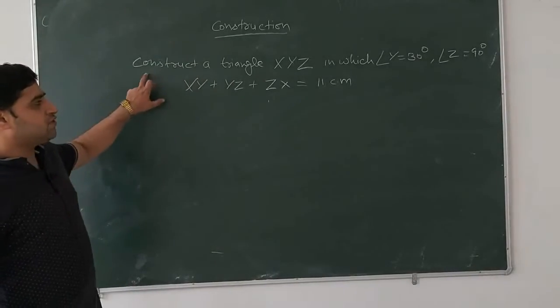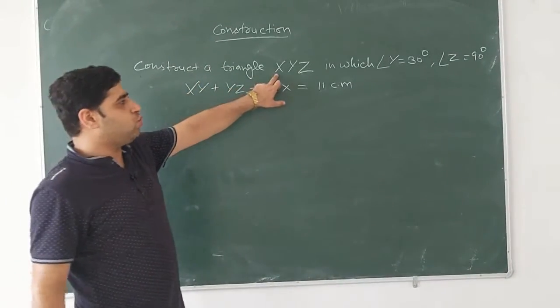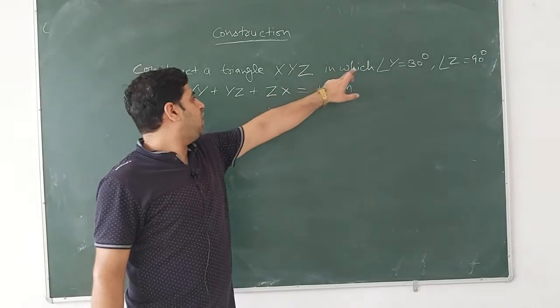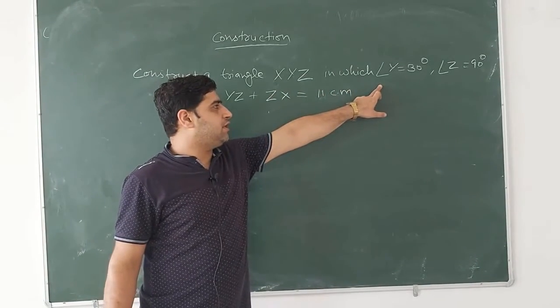So we have to construct a triangle XYZ in which angle Y is equal to 30 degrees,